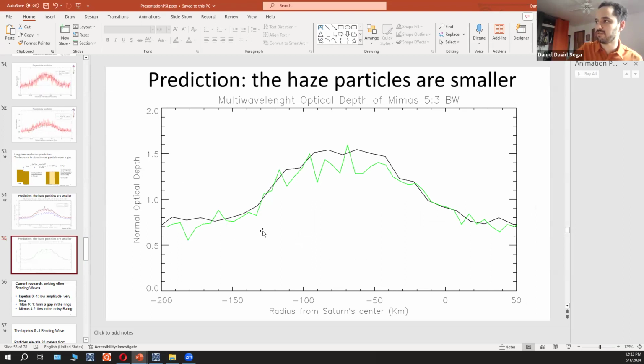This is a detection of millimeter and sub-millimeter particles in the bending wave. The reason we know it is that this black line is the infrared detector, and this green one is the ultraviolet detector. If the infrared detector on average has a higher optical depth, it's because the light is being scattered by particles away from the detector. This is something we discovered about 10 years ago. And now we know that if there's an increase in infrared optical depth versus ultraviolet, it's because there are millimeter and sub-millimeter particles. But this is rare.